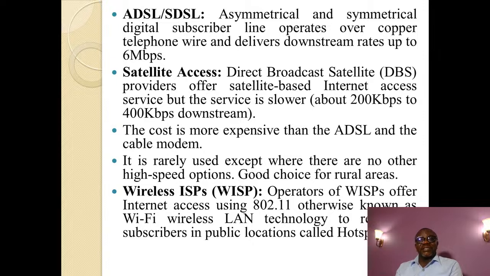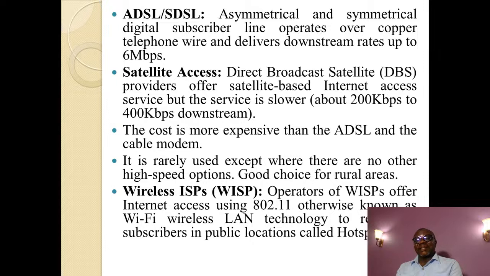So you can also access the internet through satellite. Most times when you see your DBS, which we call the direct broadcast satellite, an example of this is your DSTV dish. When the people are connecting it, they will show you that if we put it here, it will not be seeing the satellite. It has direct access to the satellite. So we say DBS